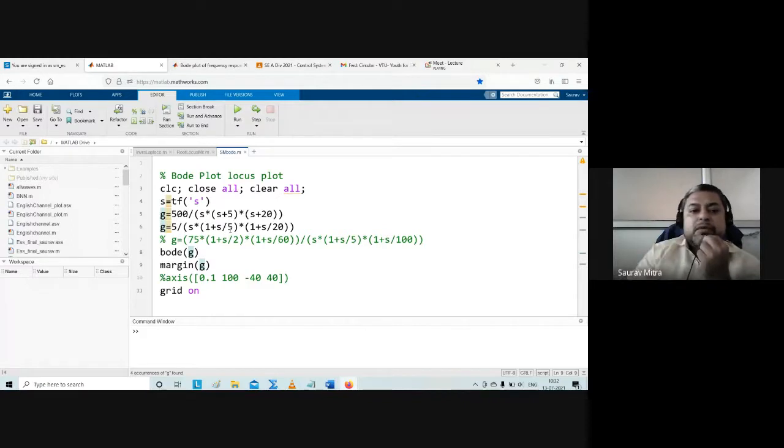So how many plots are there? There are actually 4 plots. One is 20 log 5, that is amplitude 14 dB. The next plot is 1 by s. 1 by s starts at point 1 comma 20, passes through 1 comma 0, and goes to 10 comma minus 20. That is the second plot. The third plot starts from 5 comma 0 and goes up to 50 comma minus 20. That is the third plot. And the fourth plot is 20 comma 0 and 200 comma minus 20.